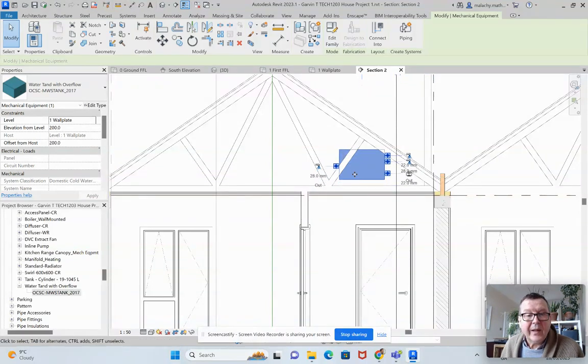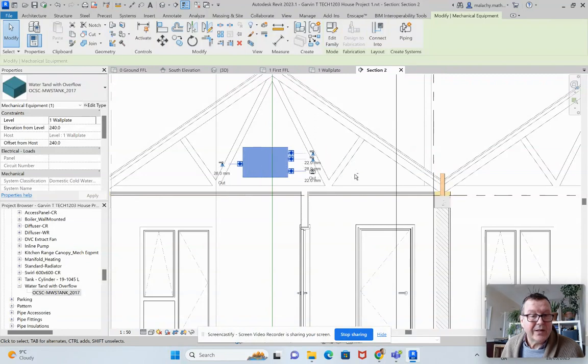Okay, I'm going to move it up to about there, and I'm going to bring it across into the center here. Okay, I'm going to center it something like that. Now, the reason I have it up high is because obviously it's a water tank, it's quite heavy, so there'll be an extra piece